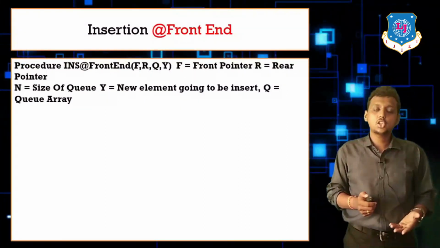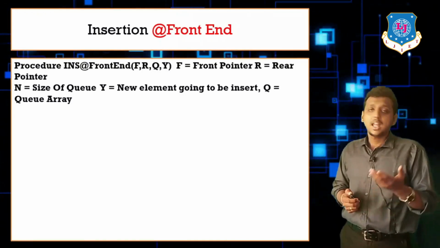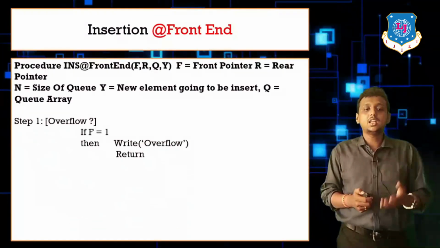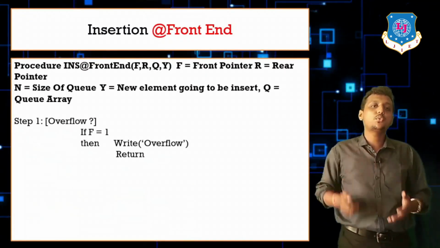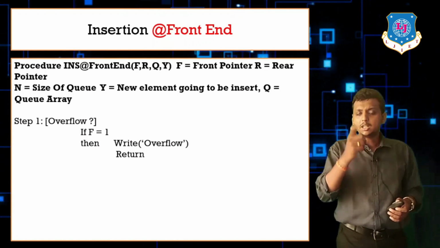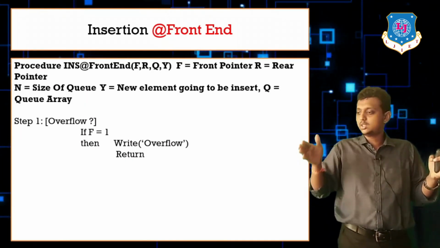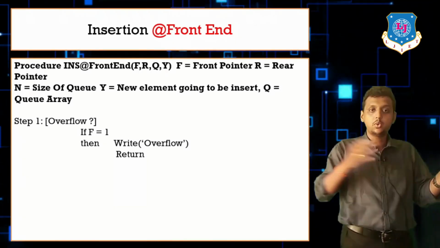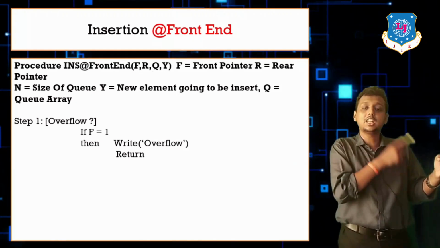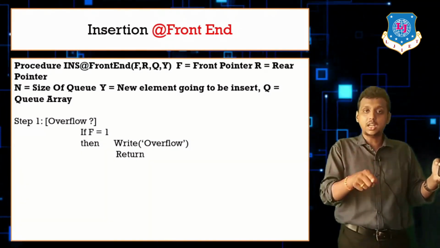The algorithm name is procedure INS@FRONT(Q, Y). Then we'll check the overflow condition. Let me tell you when the queue becomes overflow. In the rear end insertion, if this is my queue, positions 1, 2, 3, 4, and 5, if my rear moves towards the 5th position, that means at the end, my queue becomes overflow. But when we talk about the front end insertion,